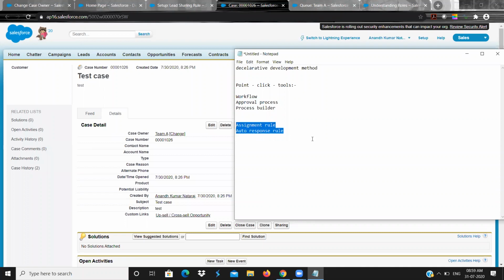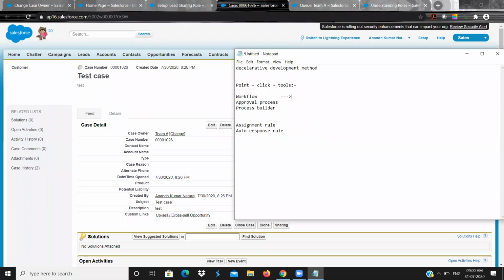Creating an assignment rule is similar to creating an auto response rule, but the place where it fits and the working style is different. That is the primary difference. Workflow, approval process, process builder are used to achieve certain logics without touching the code. That is called point and click tool.